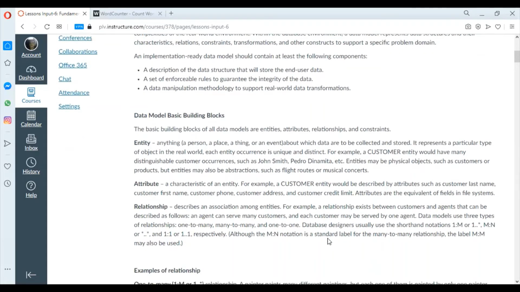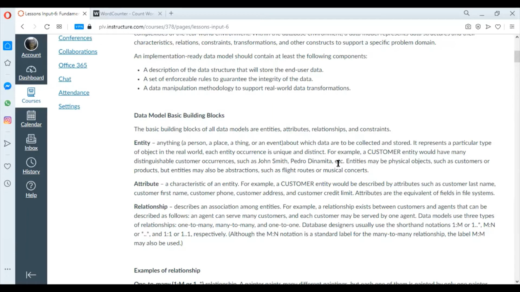What are the building blocks of a data model? It should have an entity. An entity is anything about which data are to be collected and stored. So it could be a person, a place, a thing, or an event. It represents a particular type of object in the real world. It's unique and distinct. For example, a customer entity would have many distinguishable customer occurrences such as John Smith, Pedro